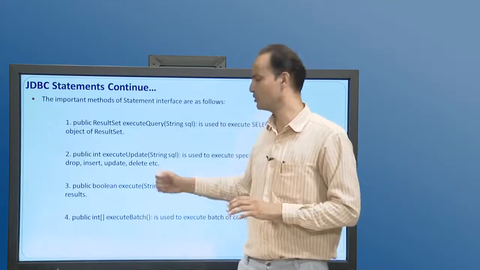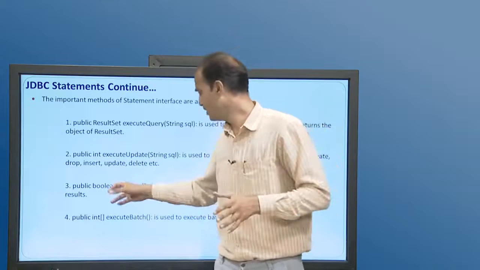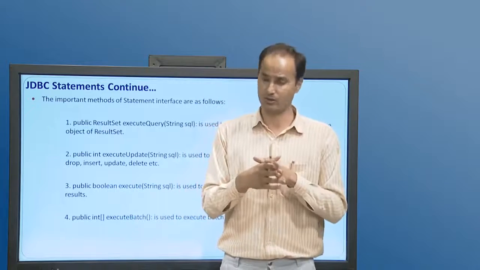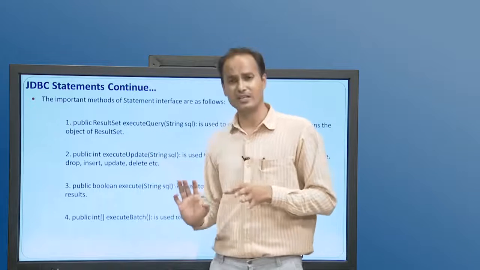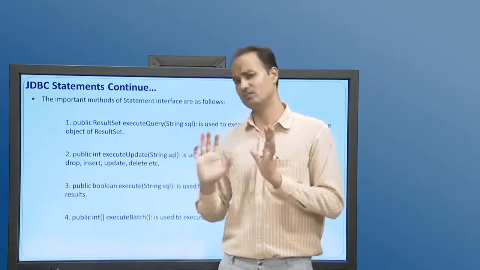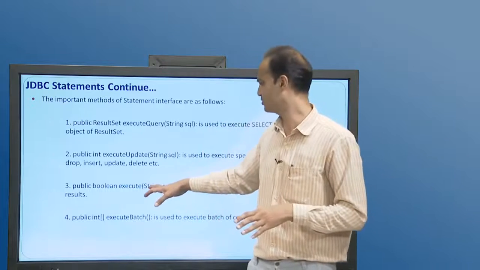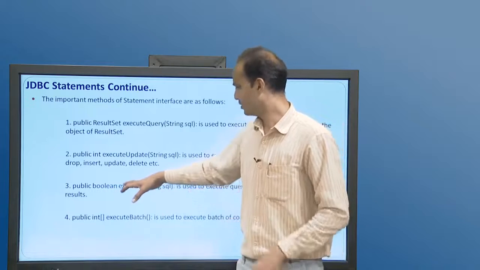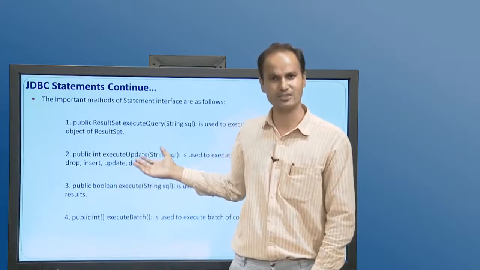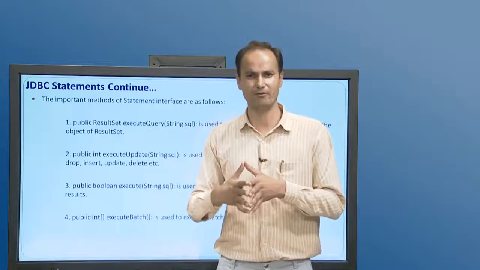The third method is execute. What does it mean? The execute method simply returns a boolean value. So if you want to check whether a particular query has been executed or not, and you do not want a result set or another status kind of thing, but just want to confirm whether the query has been executed successfully, then you just use the execute method. It will return either true or false. If true is returned, you can confirm that the query has been successfully executed, and if it is false, then we can make sure that there is a problem and we will solve it.